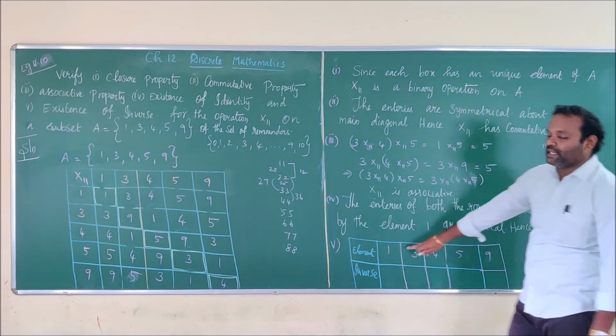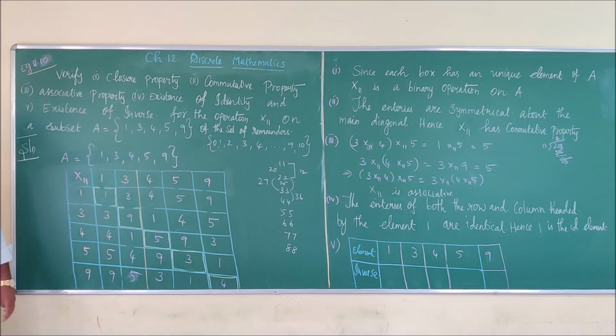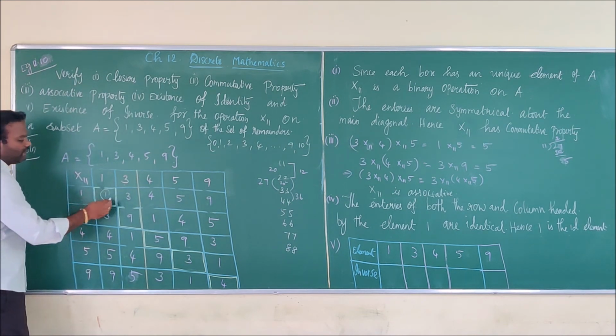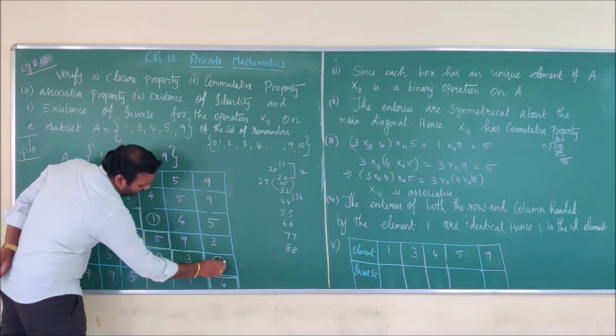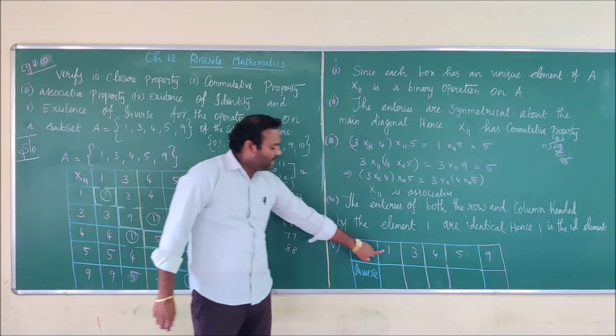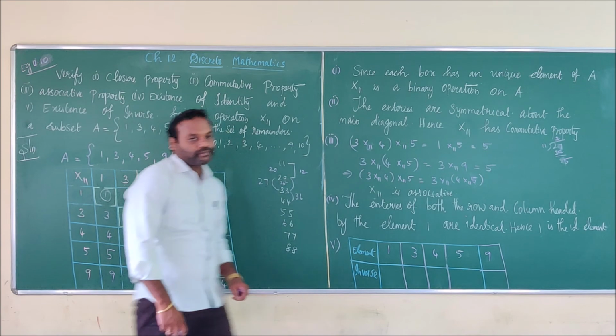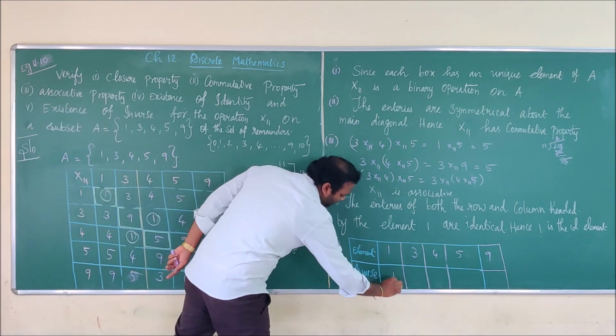Next we are going to write the inverse. For each and every element you have to write the inverse. If you want to write the inverse, you have to circle the identity element. First, circle the identity element. Okay. Next, here the box. First I am going to write the inverse of 1. To find the inverse of 1, in the row, here is the identity element. On the top is the inverse. On the top you are having 1. So 1 is the inverse of 1.